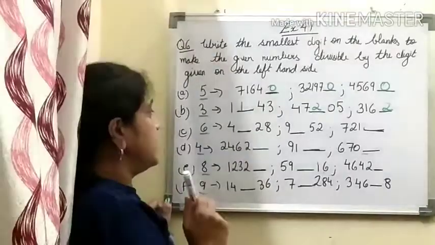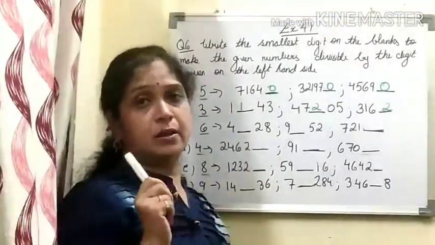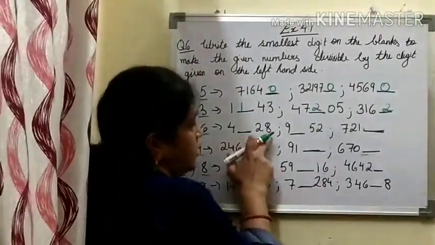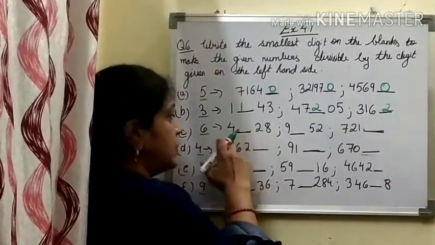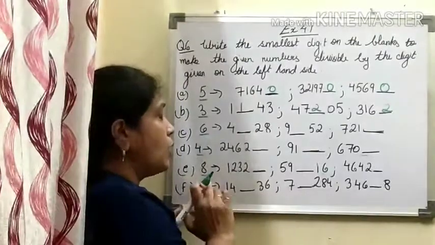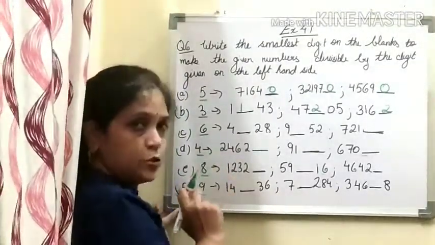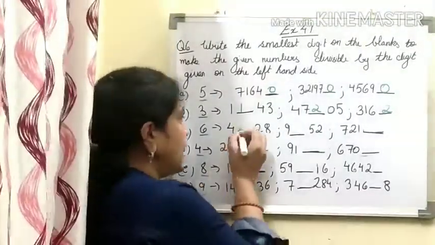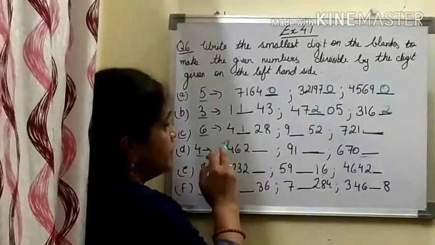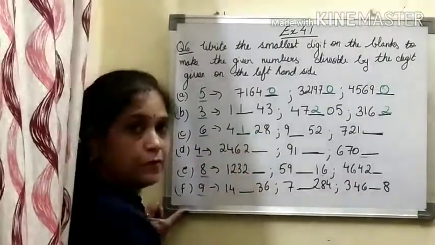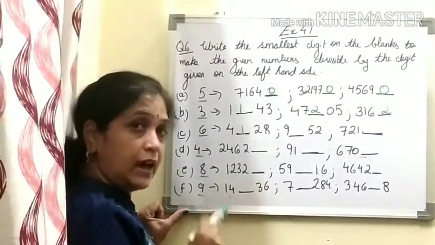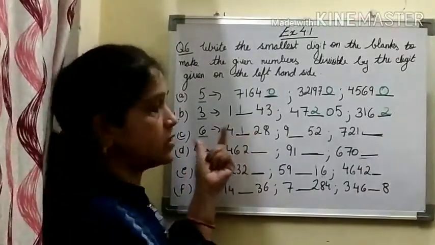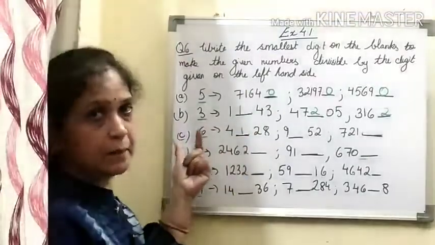For a number to be divisible by 6, the number should be divisible by both 2 and 3. Now here, see the ones digit of this number. The ones digit is 8. That means this number is divisible by 2, that I am sure. Now, for a number to be divisible by 3, the sum of digits should be divisible by 3. So find the sum of the digits. 4 plus 2 is 6, 6 plus 8 is 14. So if I put 1 here, the sum of the digits becomes 4 plus 1 is 5, 5 plus 7 is 12, 12 plus 8 is 15. 15 is a multiple of 3 and it will be divisible by 3. So this is the smallest number I can insert so that the number becomes divisible by both 2 and 3 and hence divisible by 6.